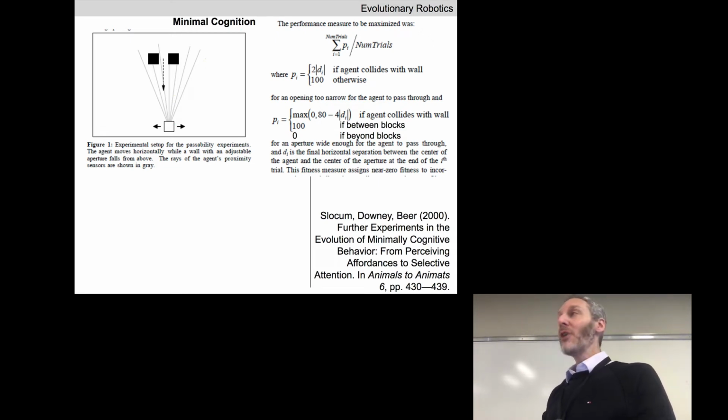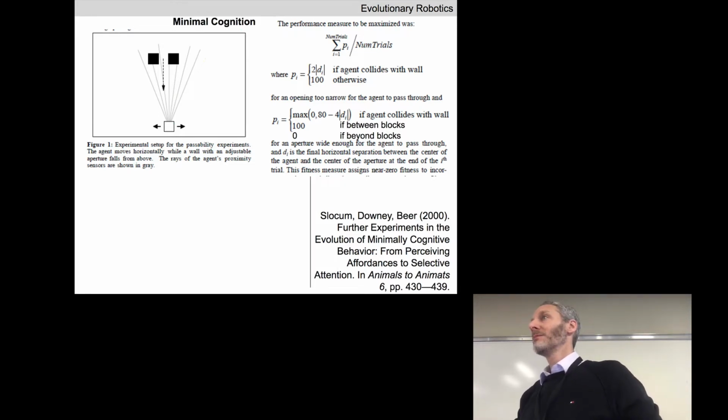Okay. If we evolve these CTRNNs using this performance function, and at the end I show you a video of the best evolved CTRNN, what do you expect to see? Assuming the evolutionary algorithm did its job. If there's a passable gap, it will go through this, and if there isn't, it will move either way. Absolutely, right? So if I put you in front of a whole bunch of doors, some of them that have a bar and some of them that have something that looks like you pull on it, I want to see that you always push on the bars and always pull on the thing that I want you to pull on,